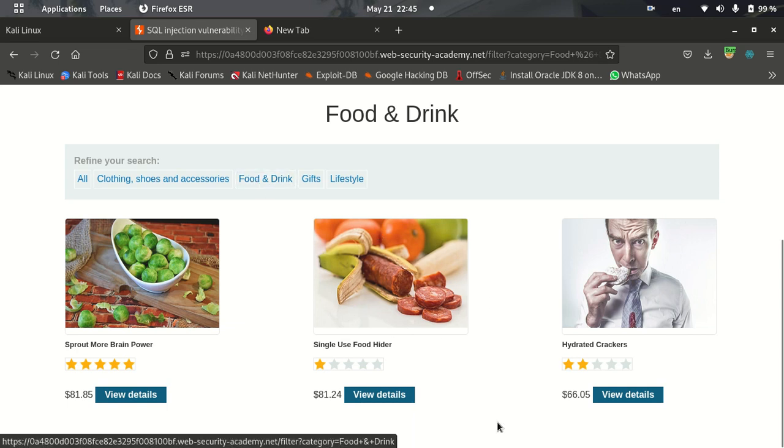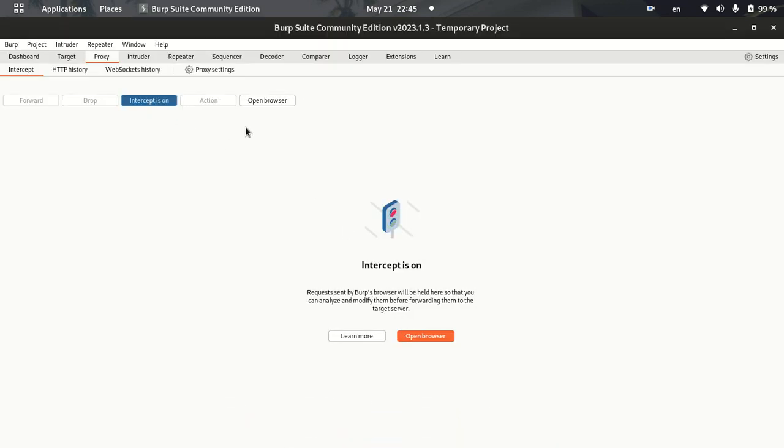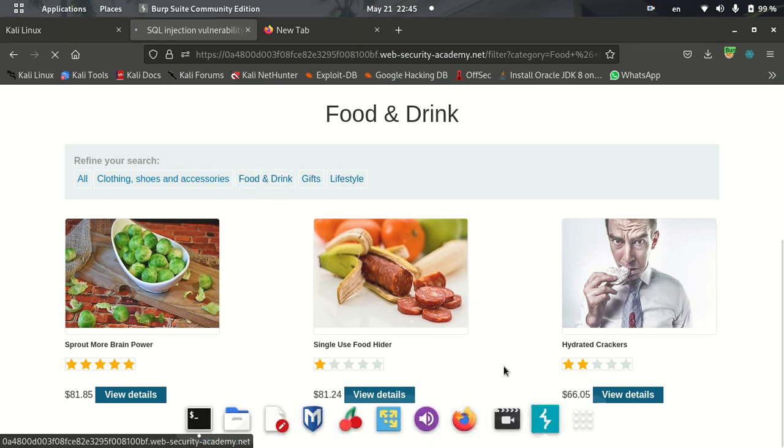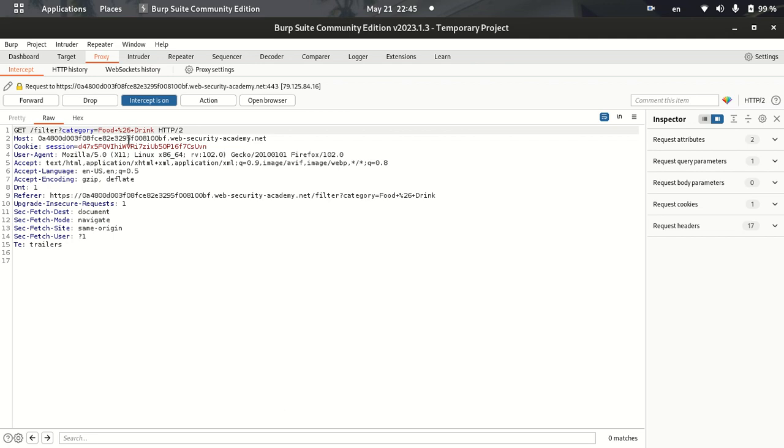Here, if we go to Burp Suite with intercept on and click on the food and drink filter again, it will go to Burp Suite, and we see this is the GET request. The query is the category equals food and drink. So we can alter this query by doing this. See this command carefully. We can add this,